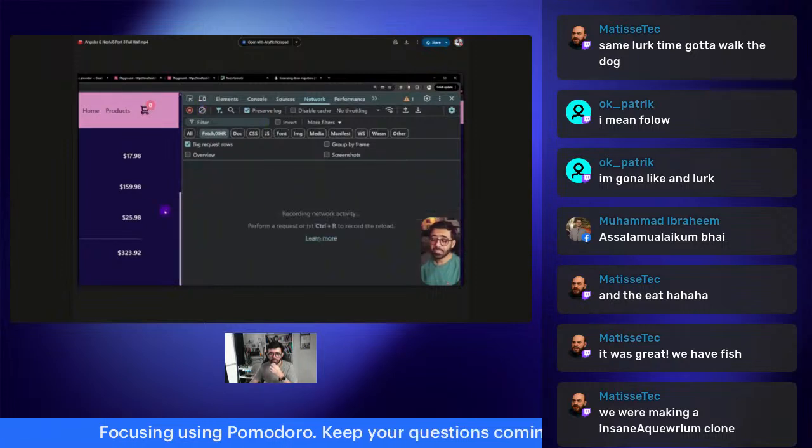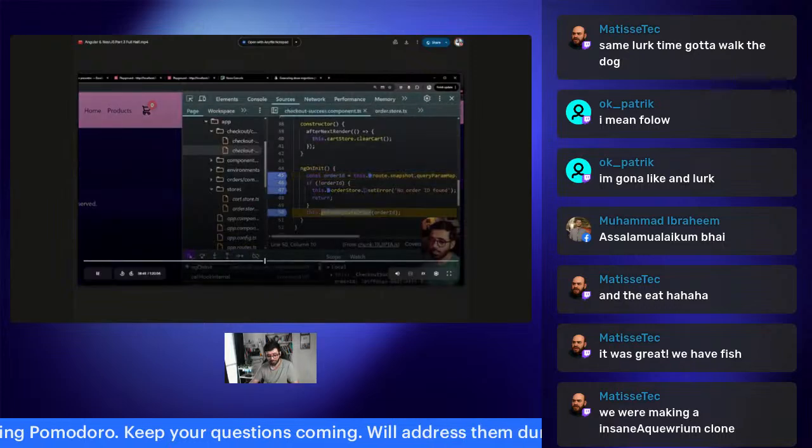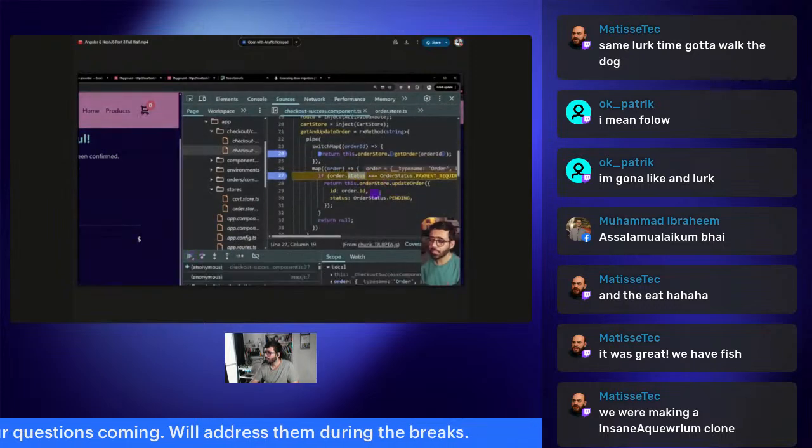Now if I refresh this page, we should not make this call update order status at all. If I refresh now, it's going to come here, go forward, go here, and when it comes to this particular part, the order status is already pending. So it should not actually make this call at all. So it goes